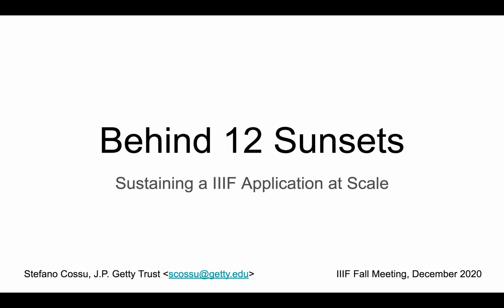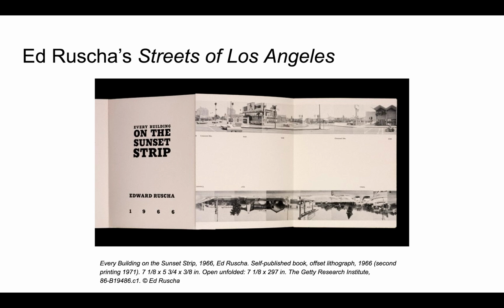I'm a software architect at the Getty, and I'd like to talk about deploying and sustaining a IIIF application at scale. The application in question is about Streets of Los Angeles, artwork by iconic Los Angeles artist Ed Ruscha, who between 1965 and 2010 took an extensive amount of images of main streets of Los Angeles using a motorized camera mounted